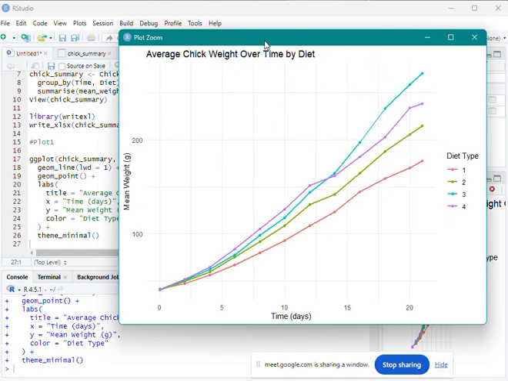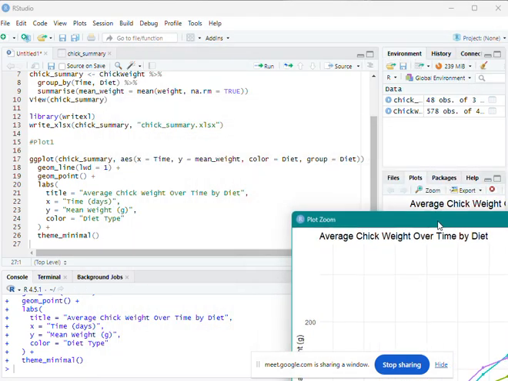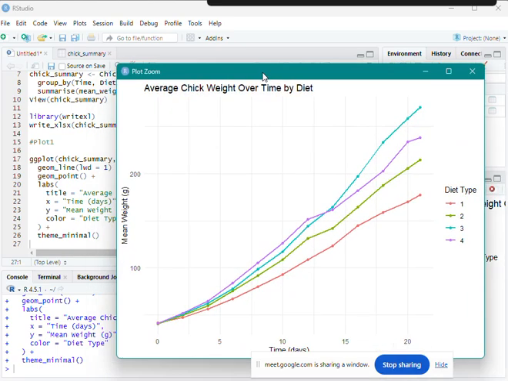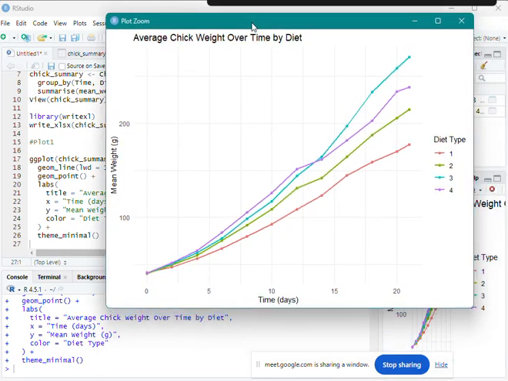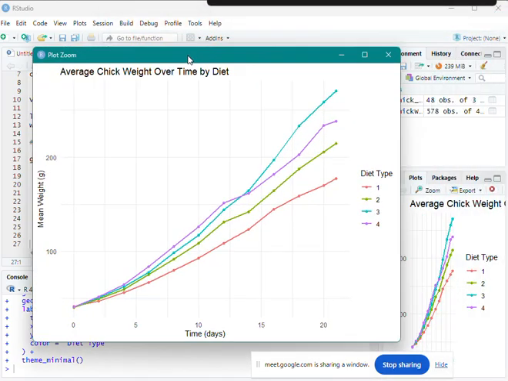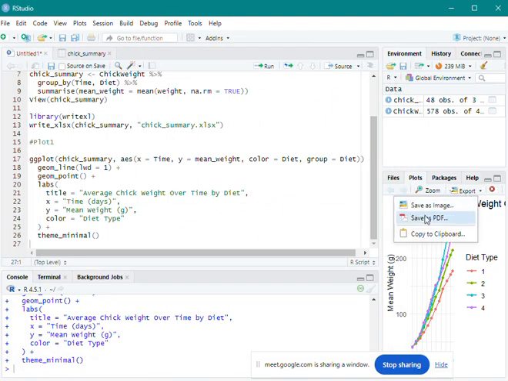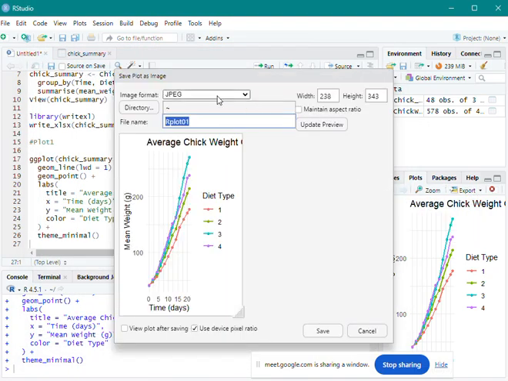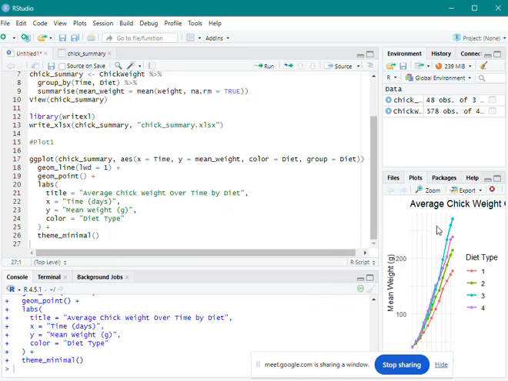By the way, the labs function adds labels and titles as well. The theme_minimal function gives us a clean look. Now, for later use, you can go ahead and export this image. So this is our plot one, and save it. You can find it later if you need it.